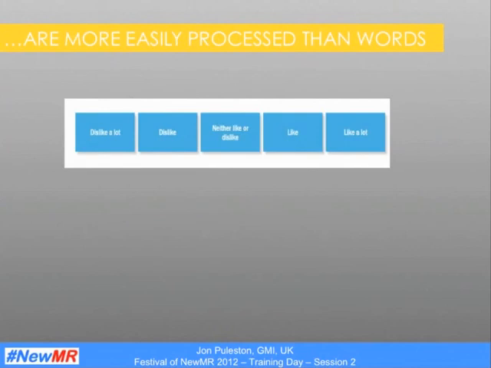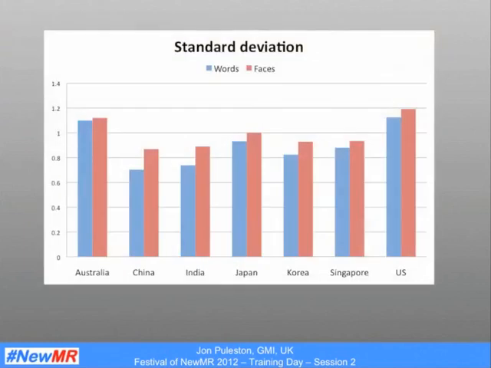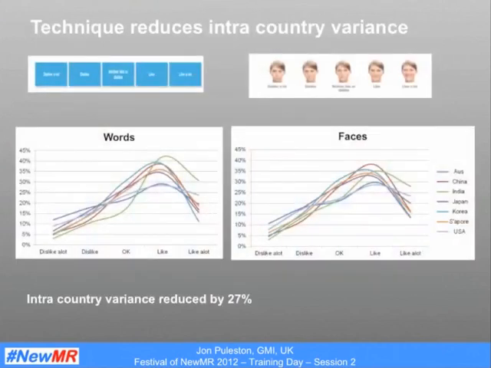We also find that images are a lot more easily processed by respondents than words. Take, for example, asking people to answer a range question in these two different formats. We find that people are able to emotionally process the pictures a lot more efficiently. It's more enjoyable, more fun, and they actually concentrate and give you better data. Here are some results from an experiment where we tested that in different countries, and we found consistently we're getting better data from using images of faces rather than words, and it was giving us more cross-consistent data. We were able to reduce the variance of answers from one country to another, which is obviously a big problem in itself, by employing a more visual approach.